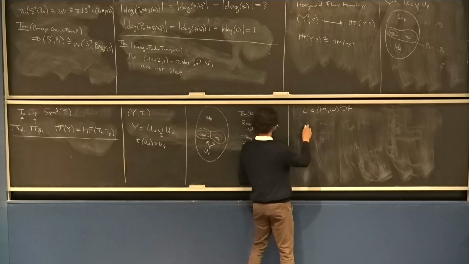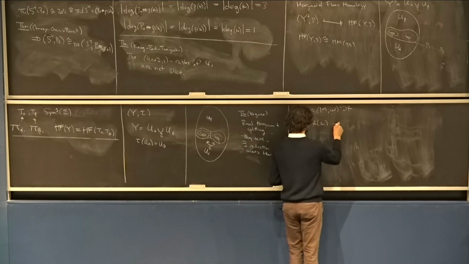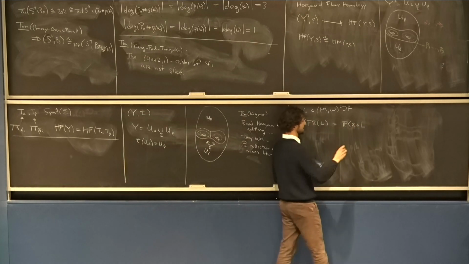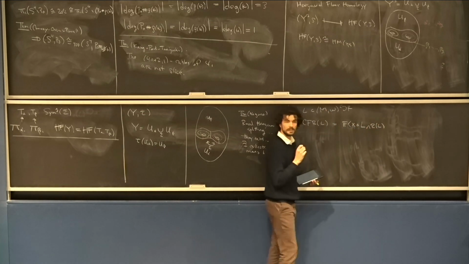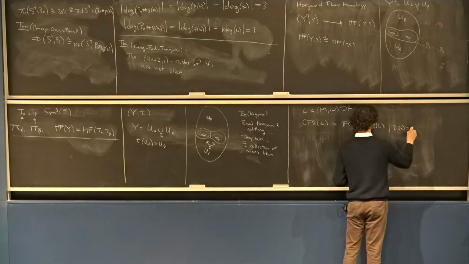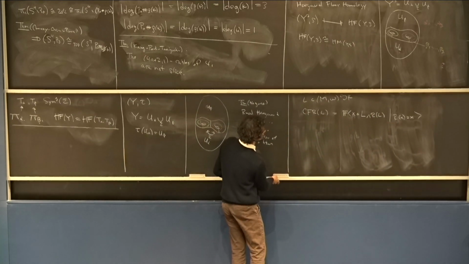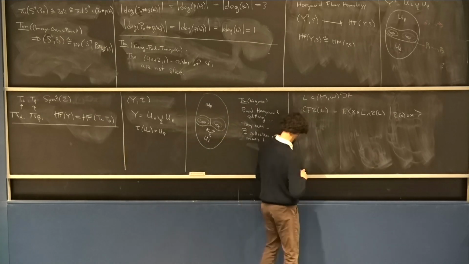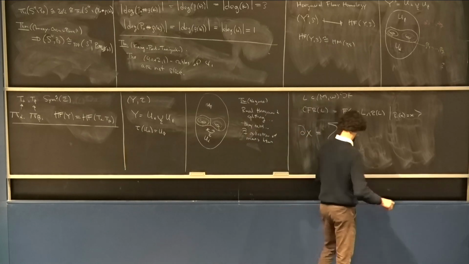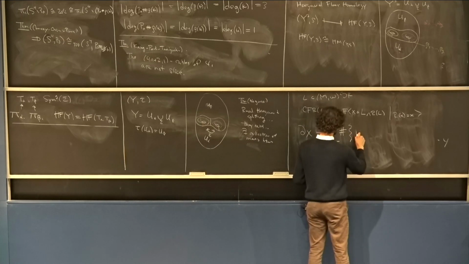One thing you could do is think about this chain complex, which I'll call CFR of L, which is generated by points in the intersection between L and its image under this involution R. And I want to look at those points that are themselves fixed. And then I want to define some differential that roughly counts symmetric strips. So, the thing you expect. I'm going to sum over all y, count holomorphic strips,